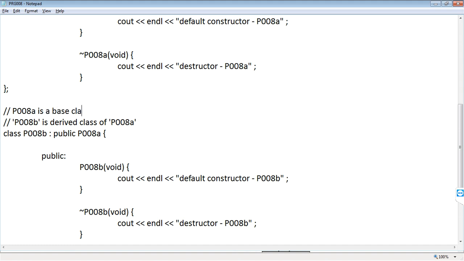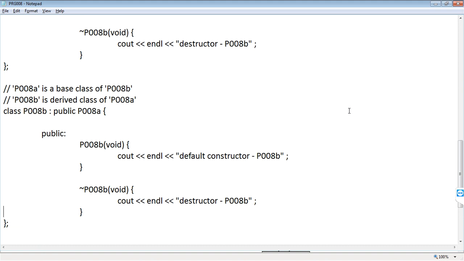It's a base class of which one? P008B. Are you clear? P008A is a base class of P008B. Sorry, 8B. Okay. Are you clear?